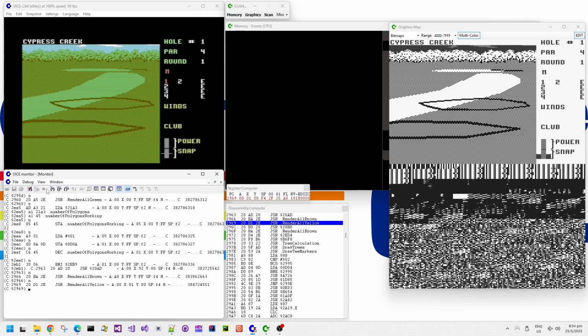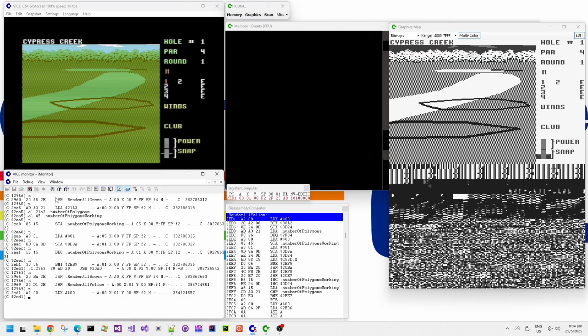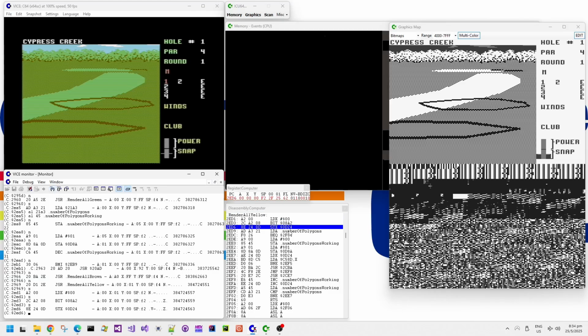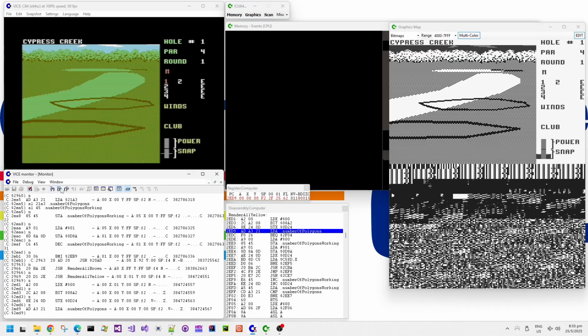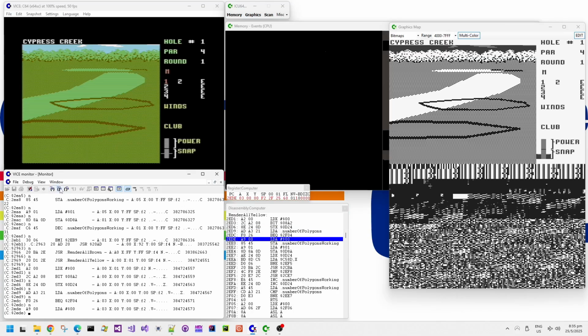Because the vertical surface, if you like, of the brown earth around the bunker is recessed into the ground, it looks like it was continuously rendering the brown lines, one under each other vertically with a vertical offset. So it looks like it was drawing it a few times with different vertical offsets to get this brown shape there. And I think that then it's going to fill in with a yellow color, and then the yellow fill